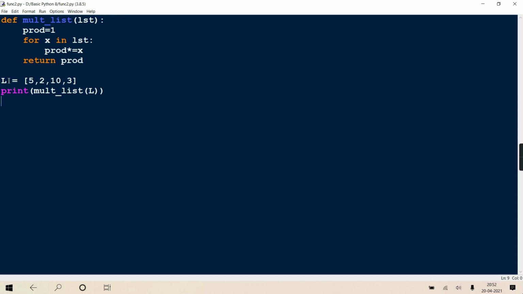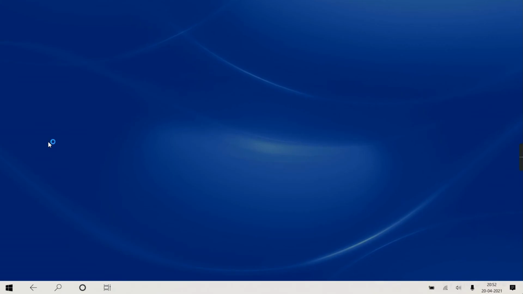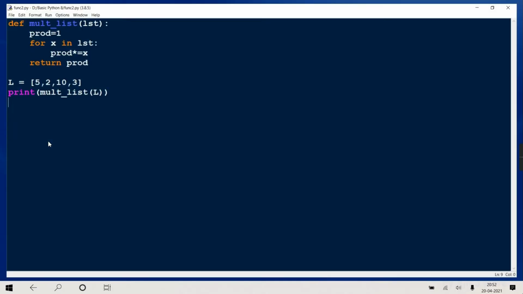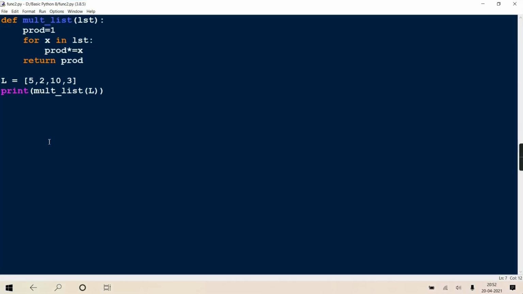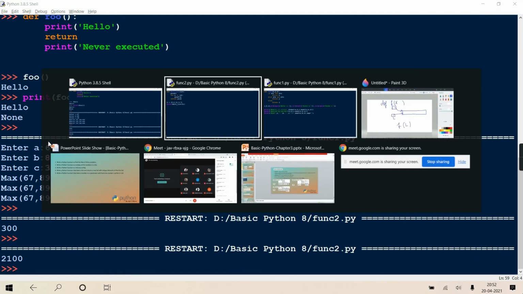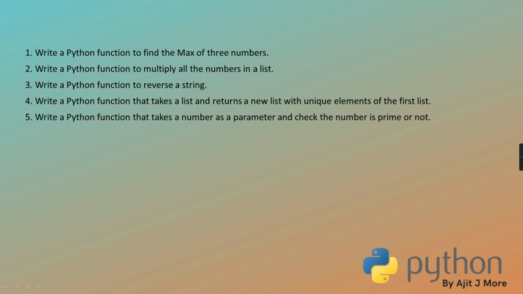There are methods given because L is an object of list class, so it is having its own methods like append, insert. So using that you can do it. See, here I'm running it. It is just giving you the final value, right? You can change it and see, one more value I'll add. So till here I hope it is clear.